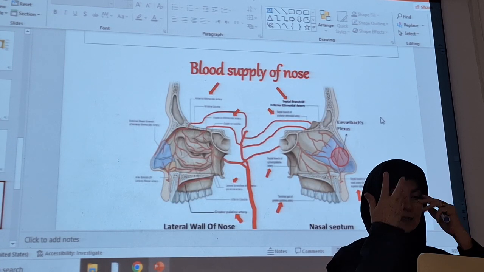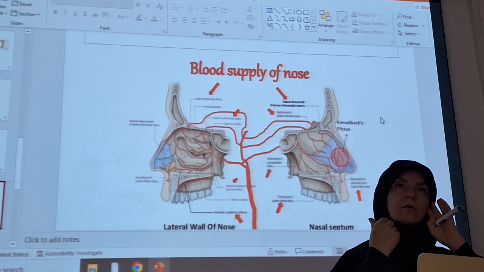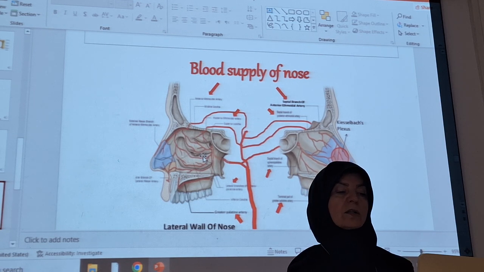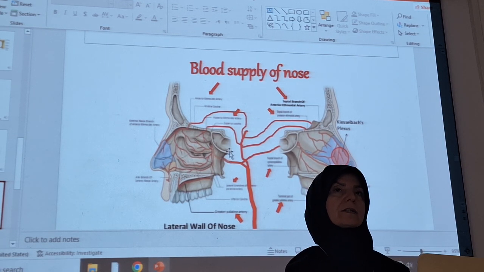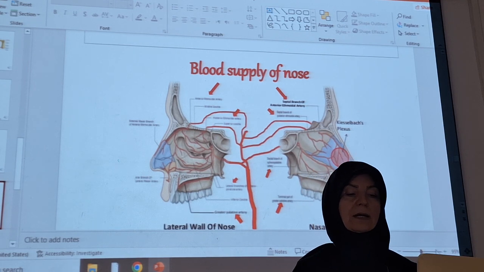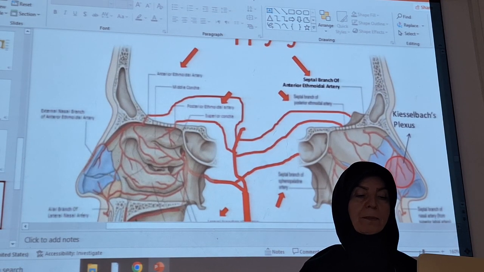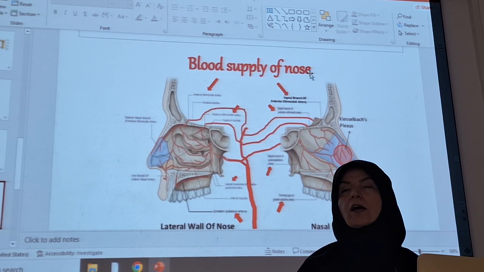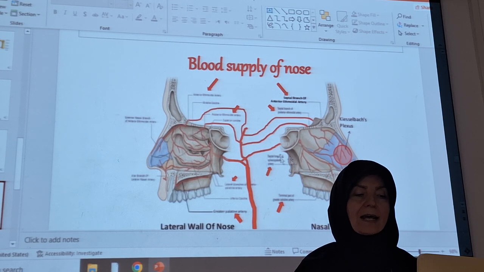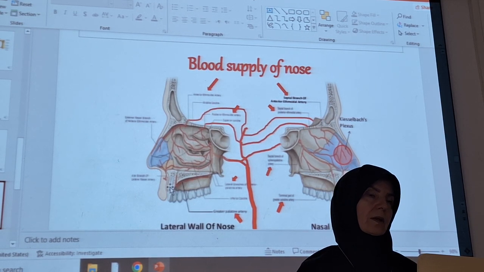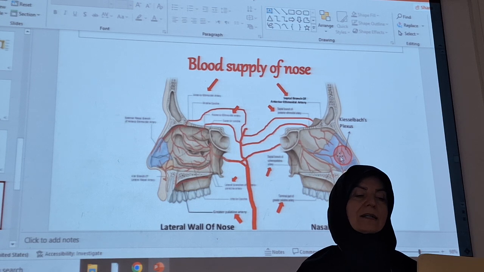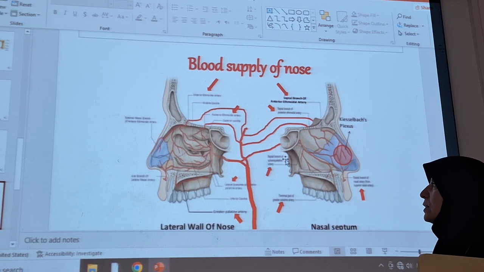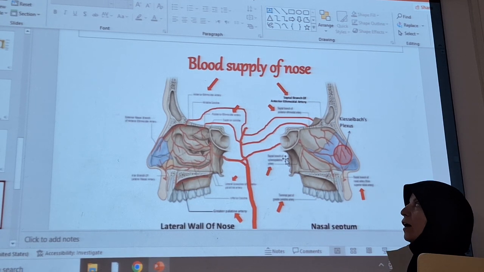Now, about the arteries, this picture is going to help you remember which artery is visible in the medial surface and which artery is visible in the lateral surface. Look at the picture. This picture is going to help you remember and get it in your mind easily. The blood supply of the nose, medial surface, lateral surface. In the medial surface and lateral surface, which arteries are visible? If you notice in this picture, you can find that